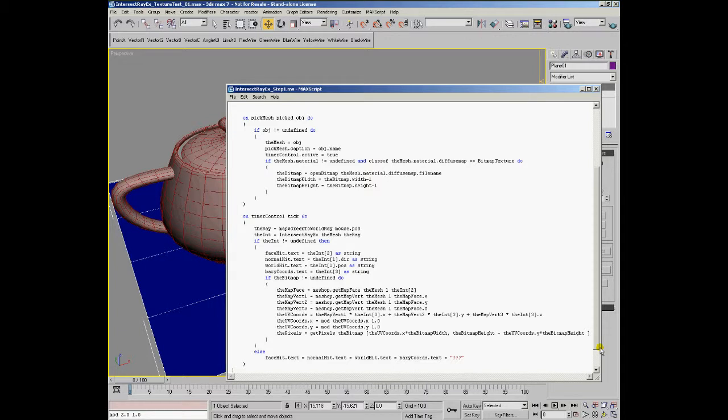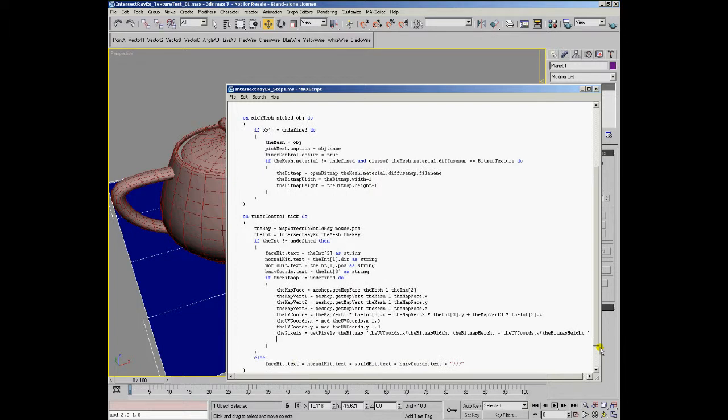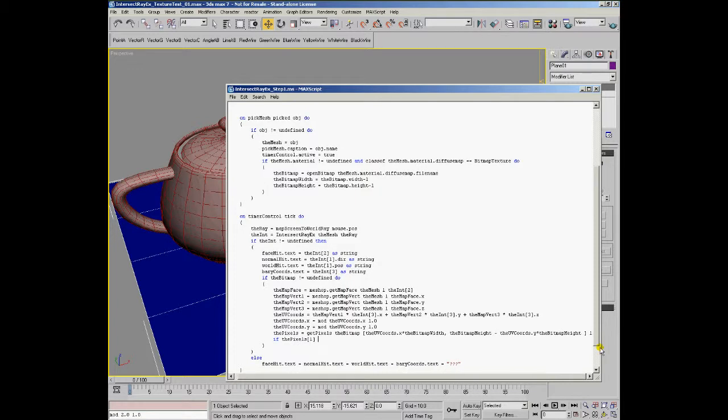We also have to tell the getPixels function how many pixels to get. In this case, we get a single one. And then we make sure that the pixel that we took is actually valid. We say if the pixels, the first element, since getPixels always returns an array of pixels, even when we get a single one. If the first element, the one pixel that we wanted to check, is not undefined, then we